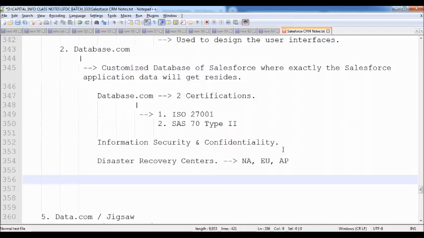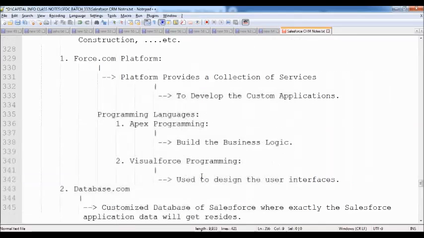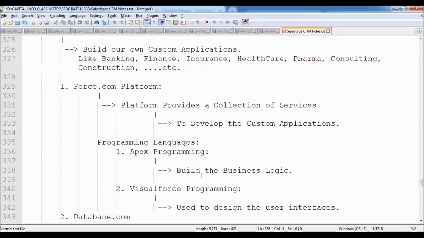Because of this kind of database and these security features, nowadays every banking organization is using Salesforce. Previously, banking people didn't show interest, but now every bank, whether ICICI, Axis, the Dutch Bank, Scotia Bank, Bank of America, or Wells Fargo, is using Salesforce.